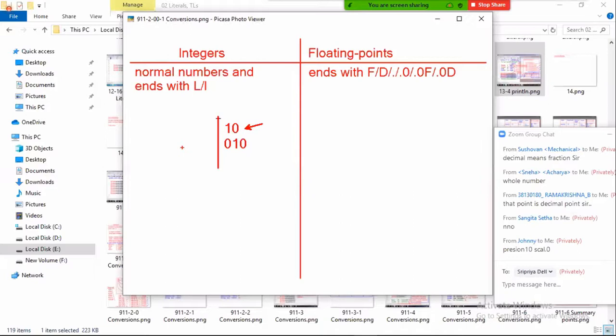Natural number, it is called. Okay. 10 is called natural number.